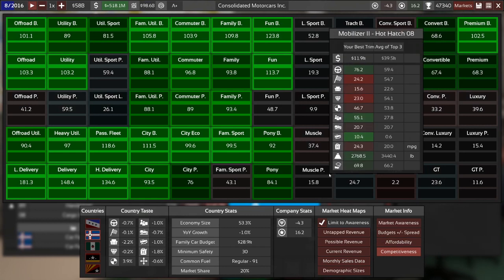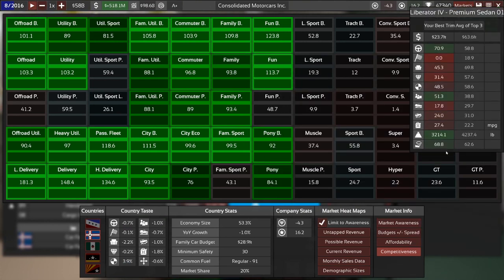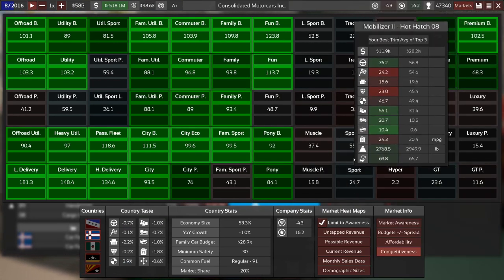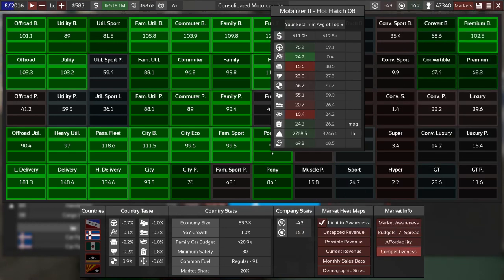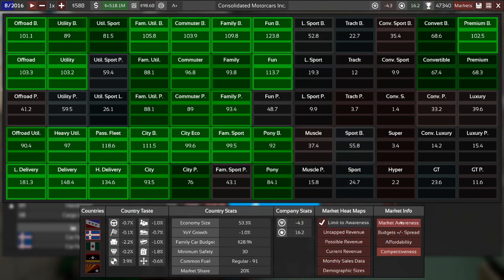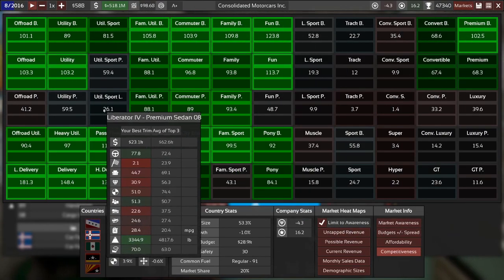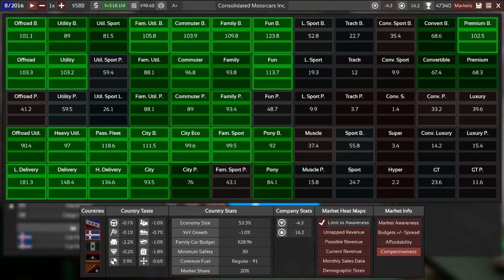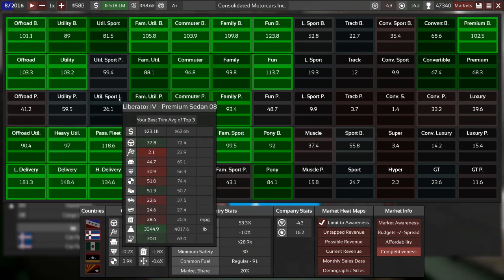Let's hop in the markets right here and take a look at our competitiveness and just see overall where we're selling and where we're not. So at the end of the game here, because this is our final lineup, let's take a look at where we are, where we're strong and where we're not. So what you can see here is pretty much we are selling very strongly everywhere on this side of the map that's not a premium segment. So everything from budget cars to family cars to city cars to vans and more basic off-road and utility vehicles,